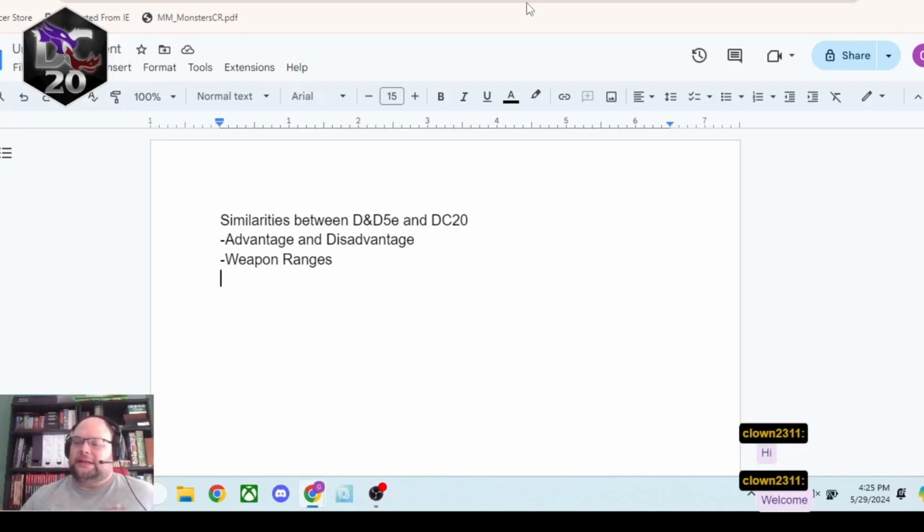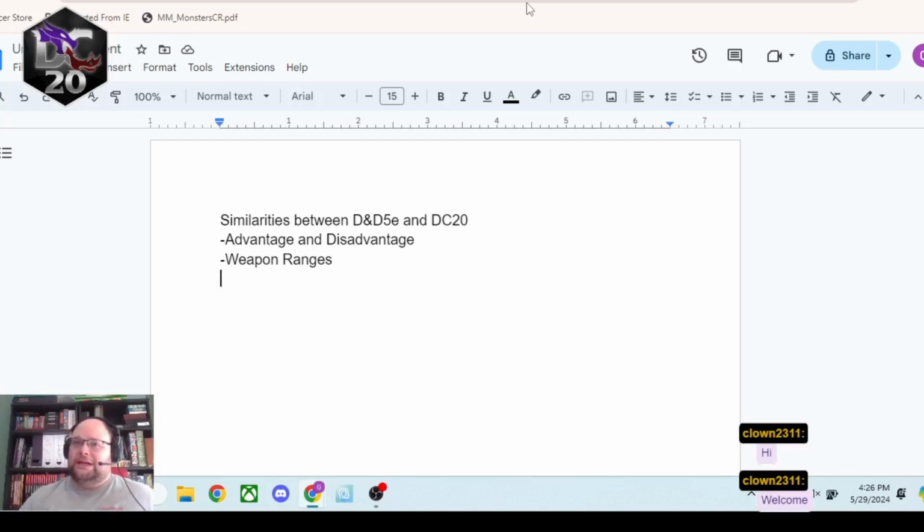Now, the other thing that's interesting with just how DC20 works is that you have stacking disadvantage. So just by shooting into the long range, you have disadvantage. But if you were to make a second shot, that second shot would incur one instance of disadvantage for being your second attack roll of the turn, and it would incur an instance of disadvantage from just being at long range. So even if you make that first attack at disadvantage, your second attack is going to be